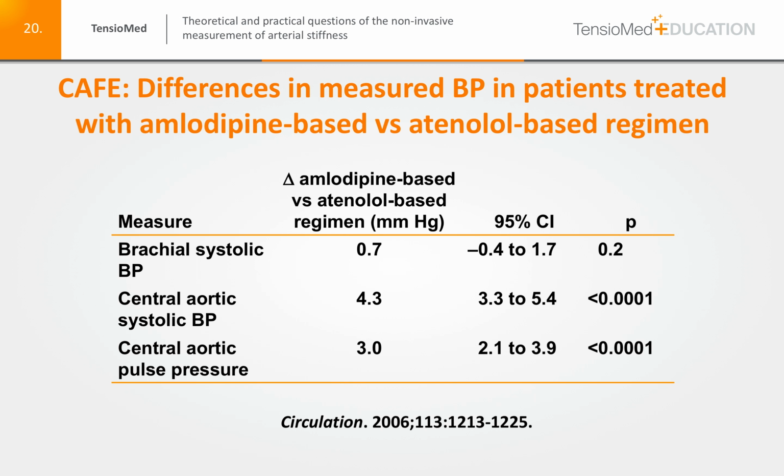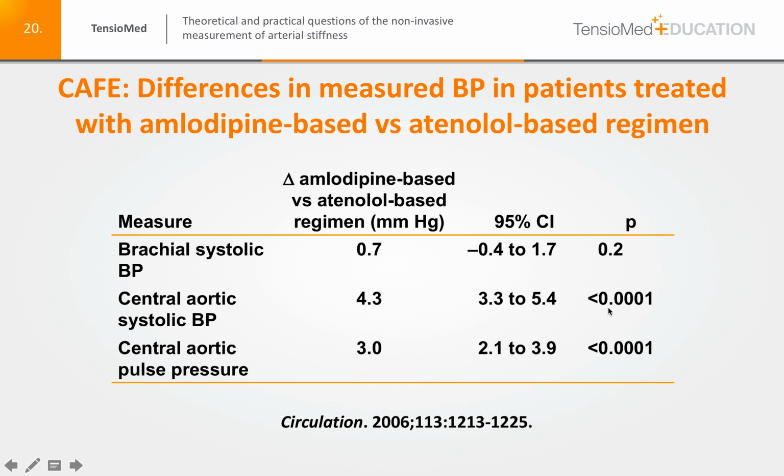Comparing the effect of the different antihypertensive therapies on the central blood pressure, we could see that the brachial blood pressure was equally reduced by both drugs, either in the calcium channel blocker group or in the beta blocker group, and there was no significant difference in the blood pressure lowering effect of these drugs regarding the brachial blood pressure. However,